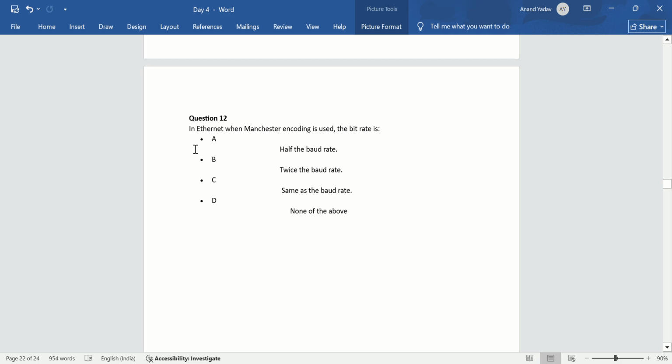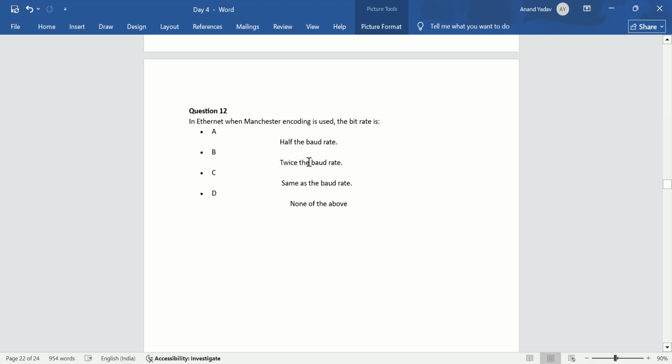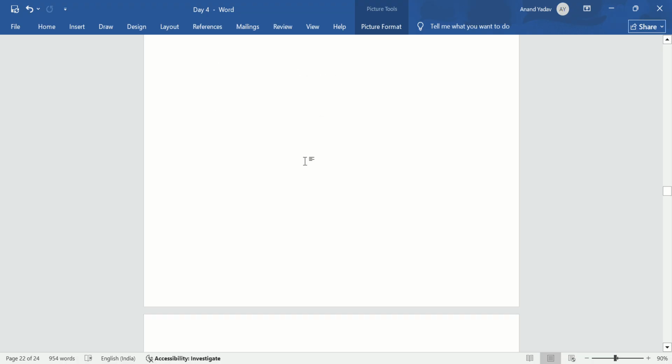Now next one is, in Ethernet, when Manchester encoding is used, the bit rate is half the baud rate. So option A is correct. It is half the baud rate. Now next one is